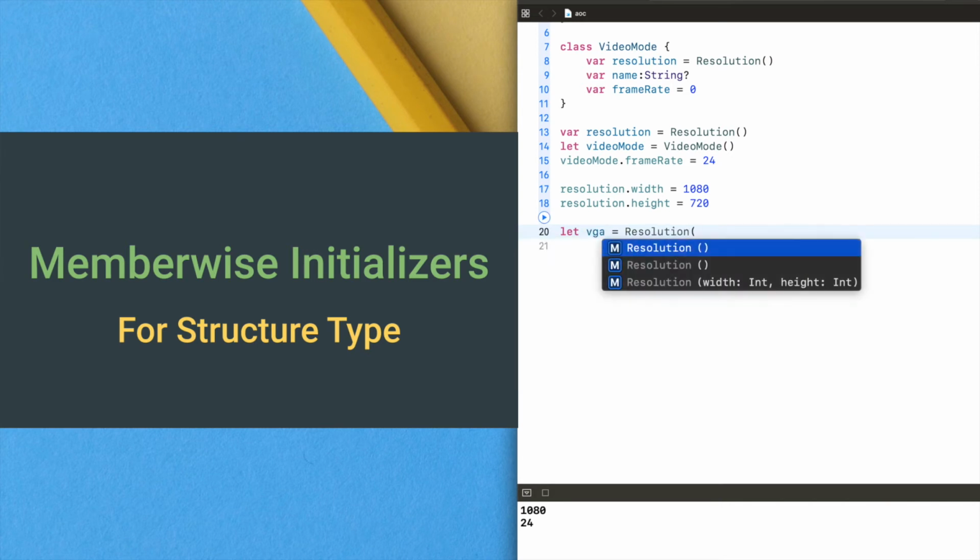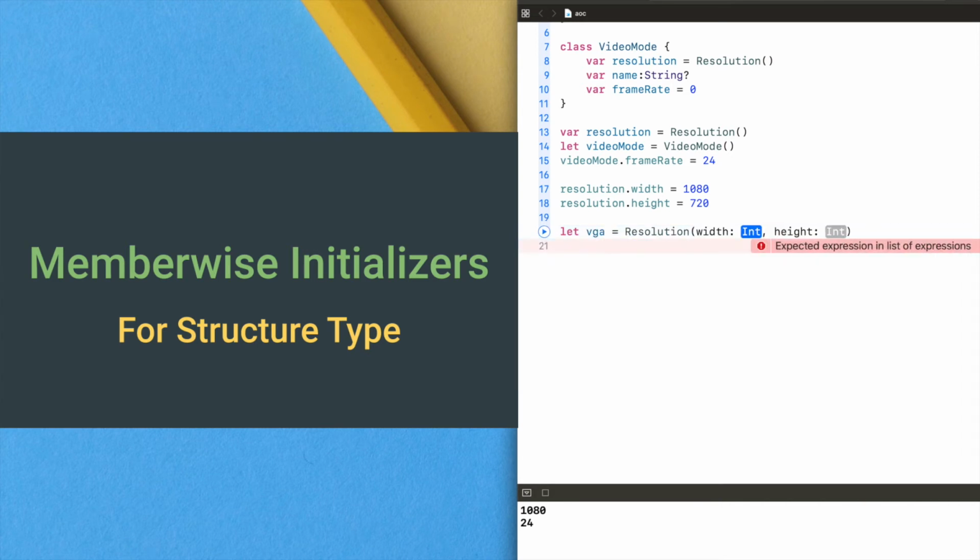In the parentheses we provide the params, for example width 640 and height 480. Okay, this is the member-based initializer for a structure type. Unlike structures, class instances don't receive a default member-based initializer.